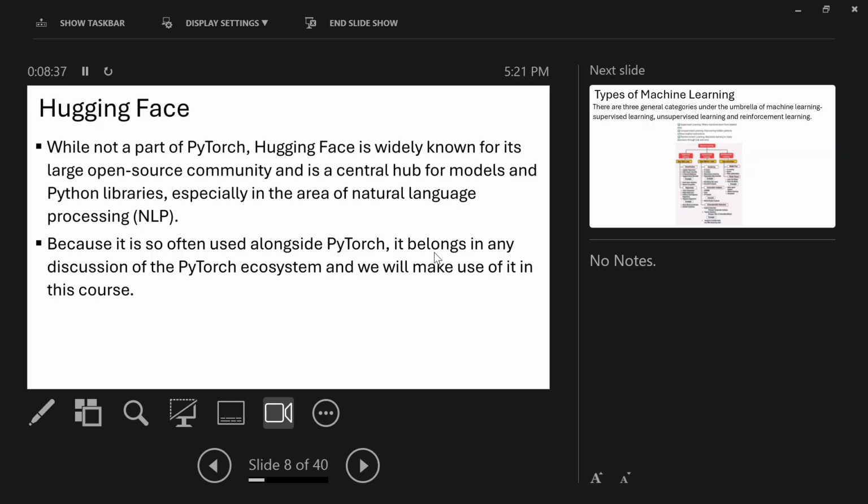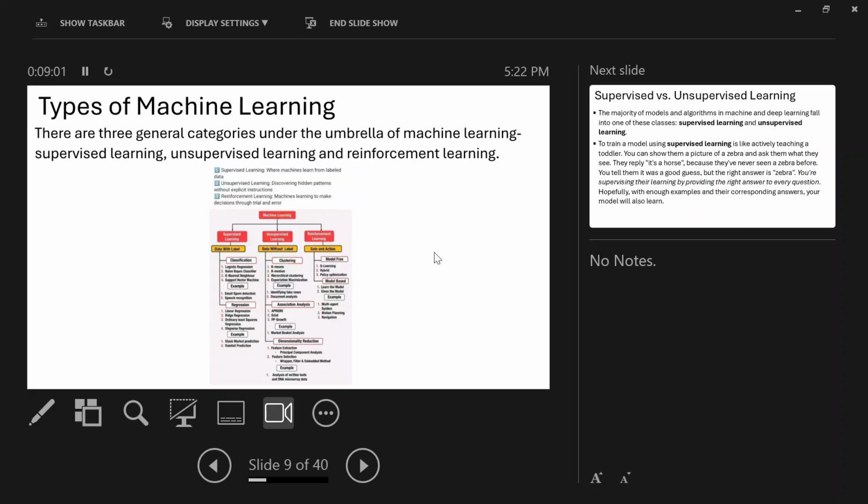So if one is doing natural language processing tasks, it's going to be really very easy. So alongside PyTorch, we are also going to be using Hugging Face, because they also make use of PyTorch in their community. So we'll be making use of PyTorch and Hugging Face in this particular course.